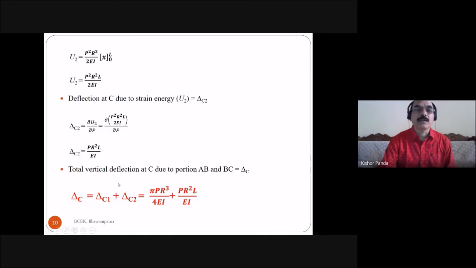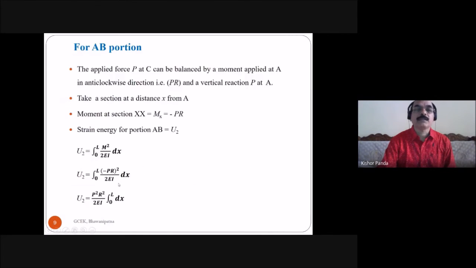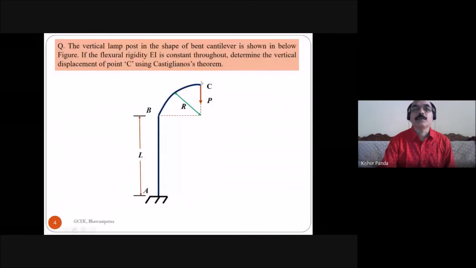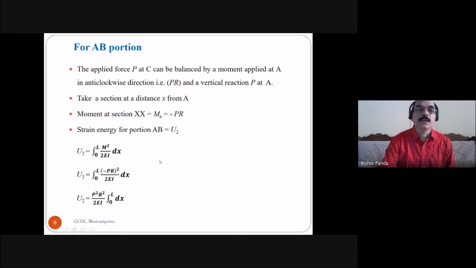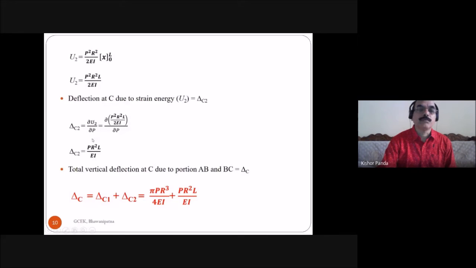Then what is the total vertical deflection at C? You have to find out the deflection at C due to the vertical post AB, and due to the arc BC, what is the vertical deflection at C. That delta C1 is equal to pi PR cube by 4EI, and this delta C2 is equal to PR square L